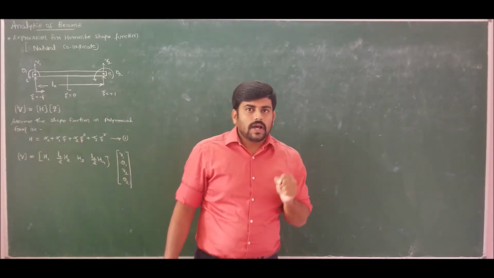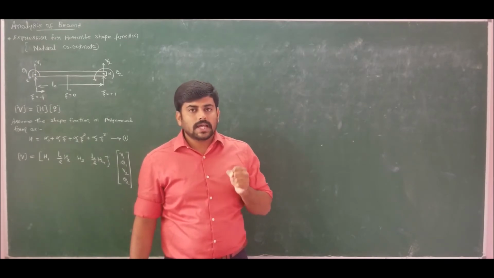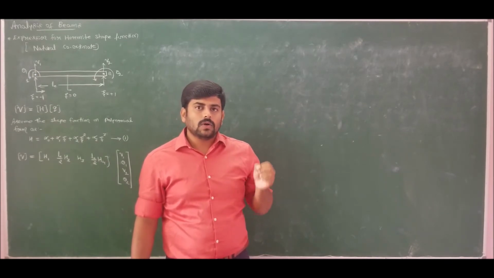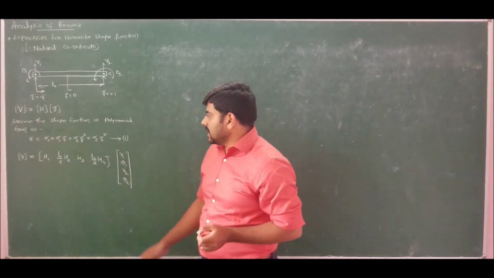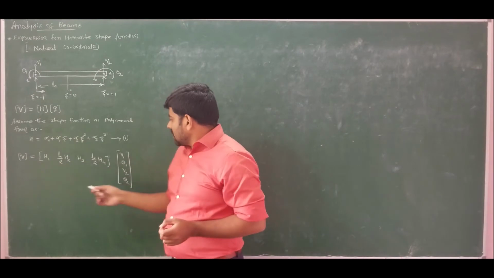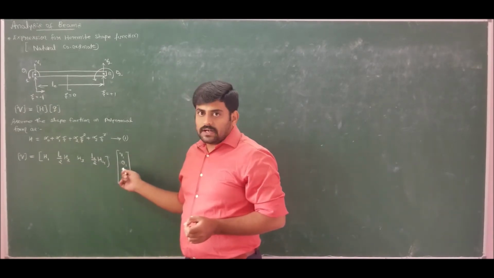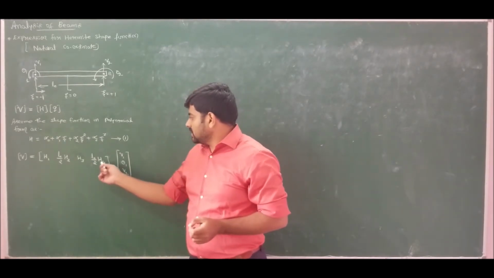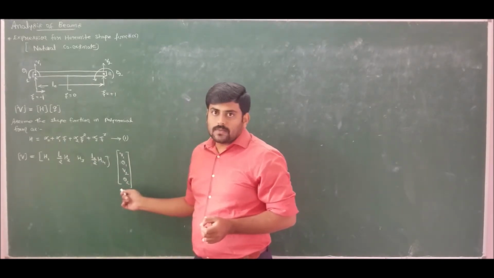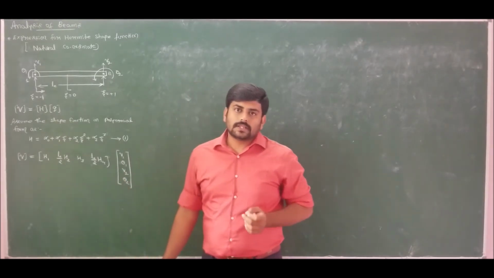That is, the value of shape function in its own node is unity, whereas the value of shape function in any other node is 0. And also, sum of shape function is unity. And very important observation is that h1 is a shape function corresponding to v1 deflection, h2 is a shape function corresponding to θ1, h3 is a shape function corresponding to v2, and h4 is a shape function corresponding to θ2, whereas thetas are given by derivatives of deflection.